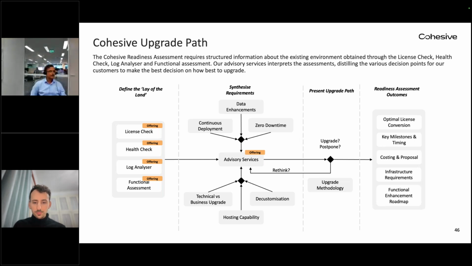improve that moving forward? Then what we do is our advisory services consolidate the discussions we have with the customer along with all the information that we've previously gathered, and we put together what we think is the optimal upgrade methodology that is then presented to the customer, where they can then review, assess, and understand. Within that there'll be things along the lines of tentative or high-level costing, high-level timelines, key milestones for them to better articulate what the budget will be, budgetary periods, how that affects it, and then also to identify what the functional enhancement roadmap might be.